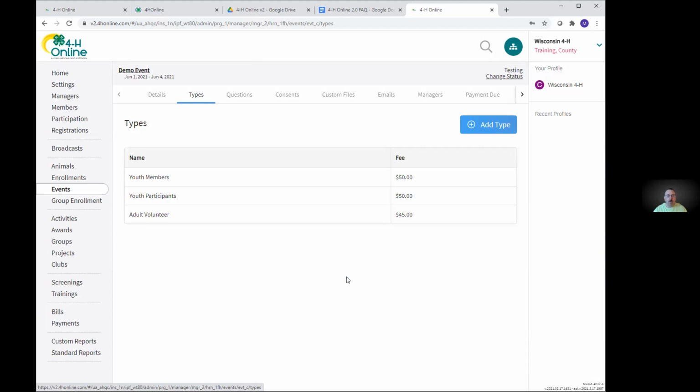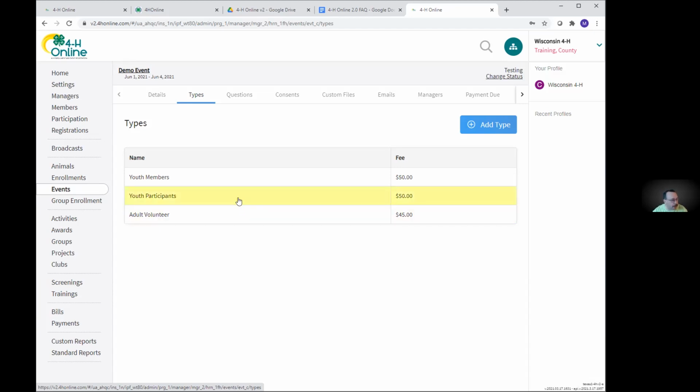And you need to know what groups you're going to have people coming from so that you can create these types. Now, you might also have 2 types of club members. Let's say you're having a camp and you want some camp counselors and you want the campers. So what you would do is set up one registration type with the role as club member for the campers. You would then set up another registration type, still for club members, that are your counselors.